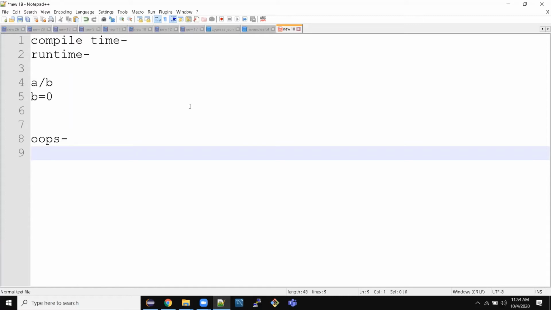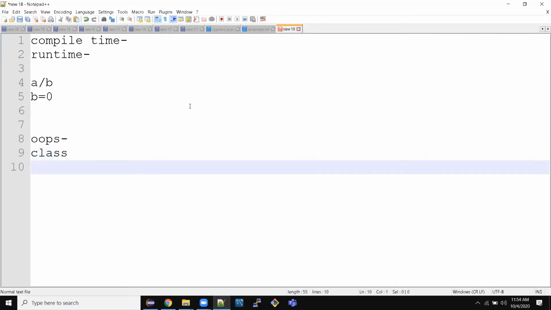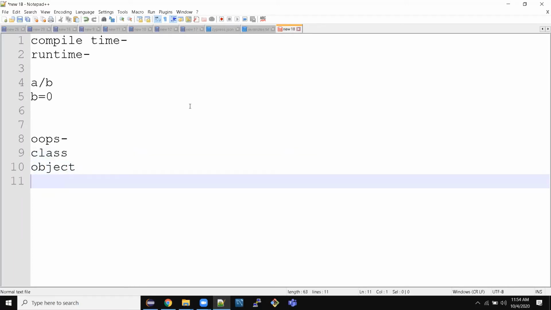Object-oriented programming structure is defined to give you instructions. How would you create code so that it is maintainable in future? How do you create code so that it is reusable in future? How would you create code so that it has a structure that anyone can read and perform actions on? It gives you rules and directions, and if you follow them, you become a better programmer, right? It has a concept of class, it has a concept of object,